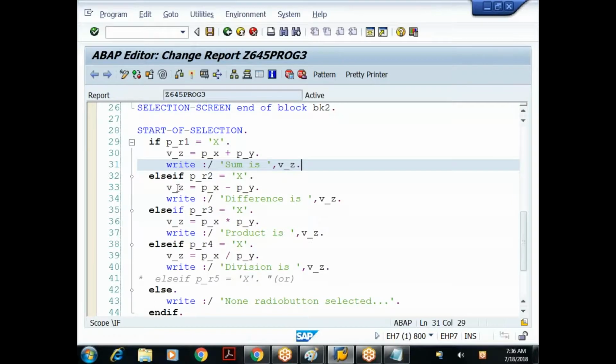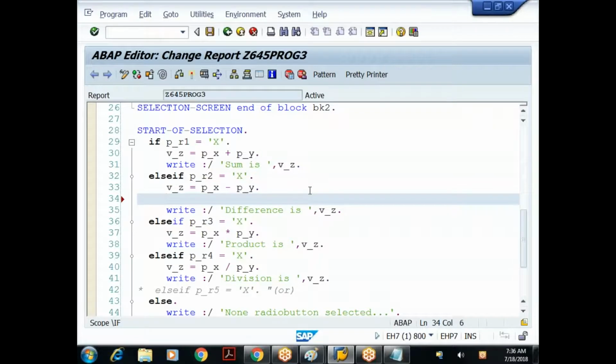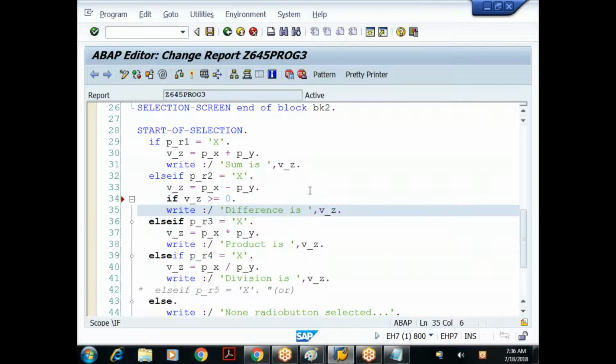So the issue is here only. I am doing the difference here, and that result is stored in V underscore Z. So now I need to do some adjustments. If you are trying to print the negative value, you have to remove that hyphen from the right-hand side and keep the hyphen on the left-hand side in our own format. After the calculation, I'll write a nested if within the if. I'll write one more condition: if V underscore Z is greater than or equal to 0, meaning if it is a positive value, display it as it is, no problem.